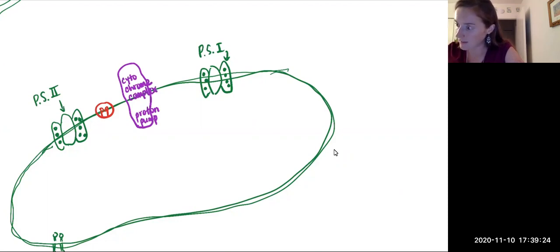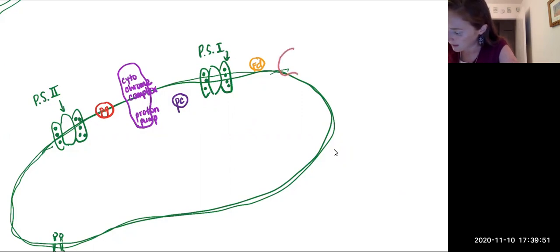Next up, another key player in this game is a peripheral protein down here called plastocyanin. I'll abbreviate it PC. And lastly, another little peripheral protein is called ferredoxin. It's got an iron cofactor, so Fe for iron. And then we'll wrap things up on the top here with a membrane protein and enzyme called